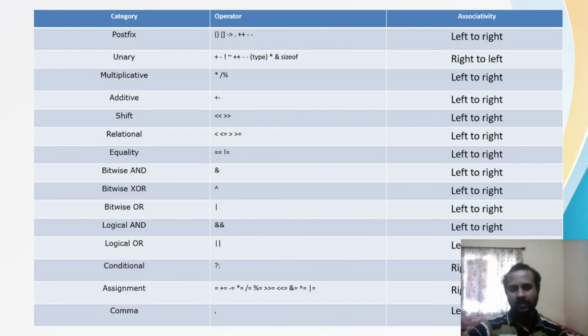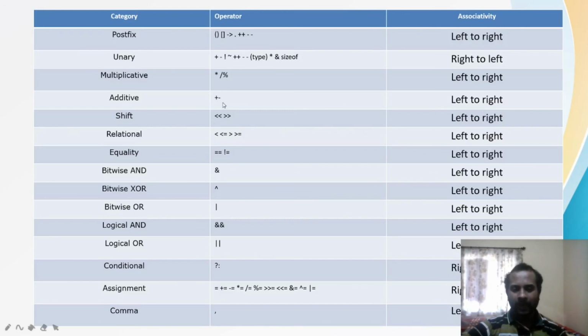Similarly, most of the time we consider division as having higher priority compared to multiplication and modulus, but that is not the case. Multiplication, division and modulus all three have the same precedence. It is nothing like the first one is greater and the last one is smaller. Likewise in the relational operators, lesser than, lesser than or equal to, greater than, greater than or equal to, all four have the same priority.